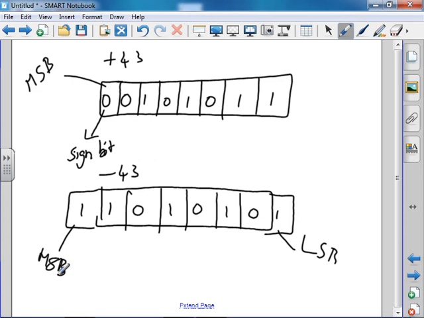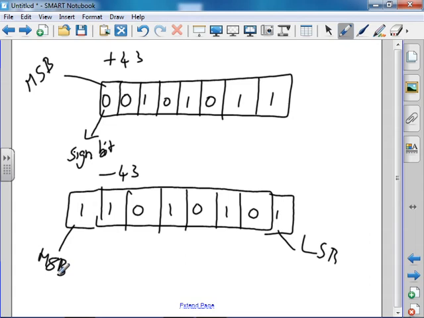So if it is a negative number, we cannot directly store this value into these binary digits. Here this one specifies the sign bit, but the remaining digits should be converted into ones or twos complement form. Then only we can store this value into the computer's memory. Again I am repeating, if it is a negative number, we cannot directly store its equivalent binary number into the computer's memory. It should be converted into twos complement form.